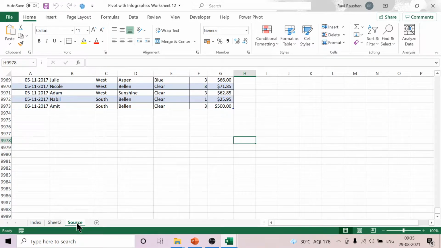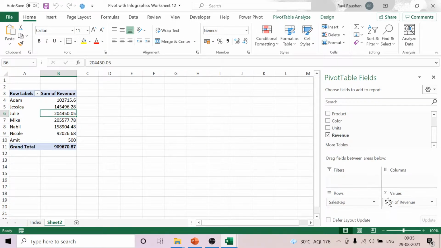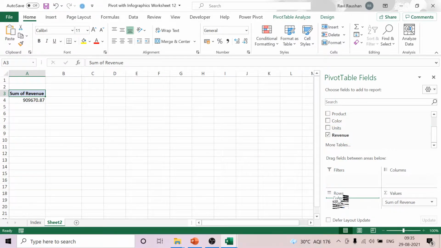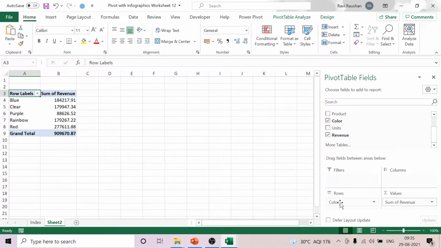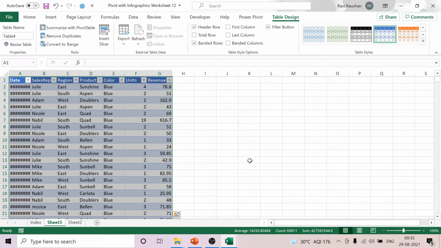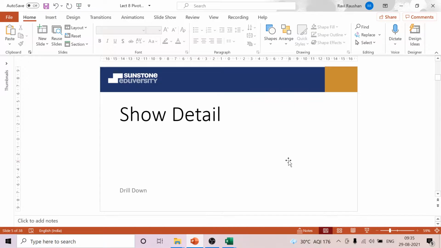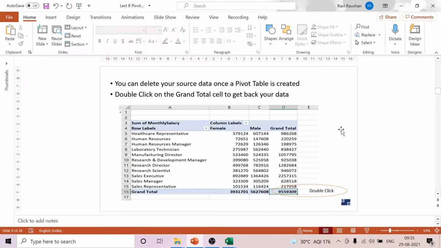Now, what if by mistake or whatever it is, I delete the source data itself? Your summary stays. There is no issue. You can bring it there. You can bring in color here. It is working absolutely no issues. But also because I have the summary and I can drill down the data, I can always go back to the original data. I can retrieve it because this grand total is summary of everything in the data that you have. So if you double click here, it gives you back your original source data. So that is what we call delete your source data. You can always delete your source data when you enter the summary. Whenever needed, you can come back to the original data.